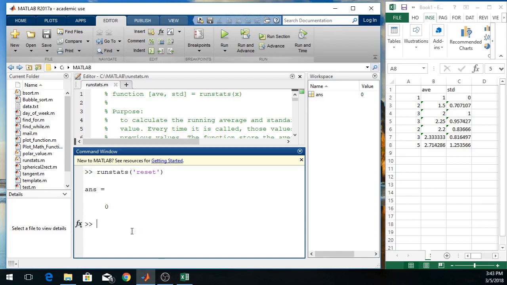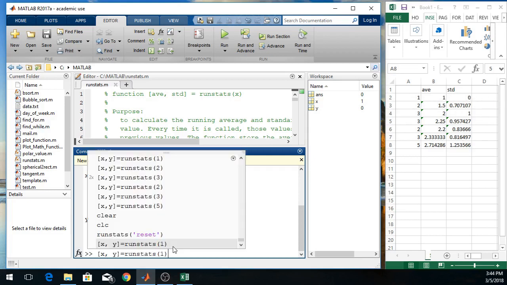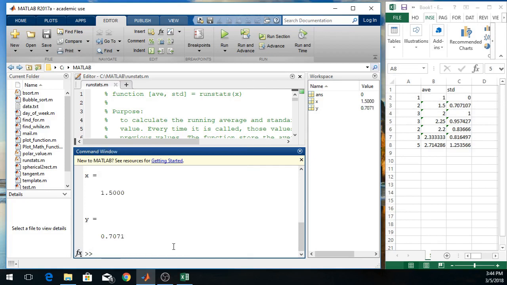Next, we're going to test the standard deviation as well as the mean value calculated from the function. We use x to get the average value and y to get the standard deviation. We're going to enter 1 as the first value. If I enter 1, you will see the average value is 1 and the standard deviation is 0. That's correct. Now we just need to go on to the next, which is 2. And you will see it's